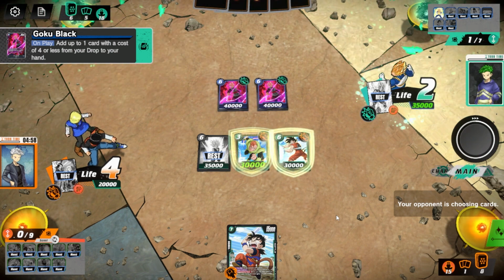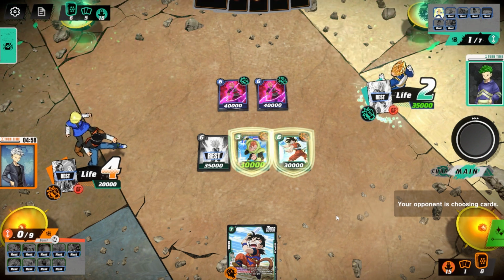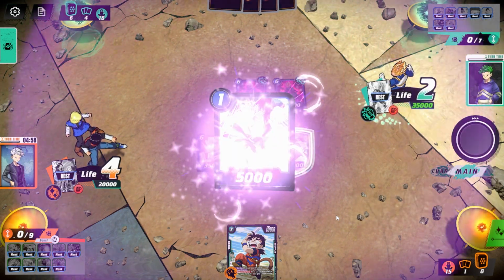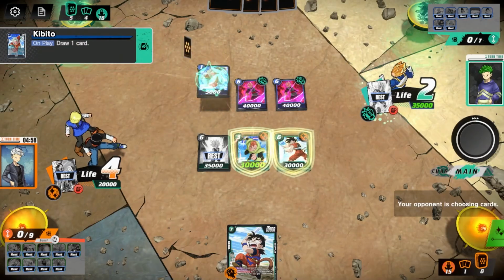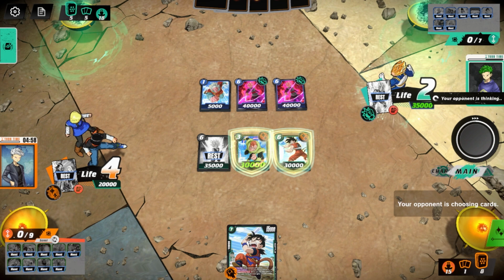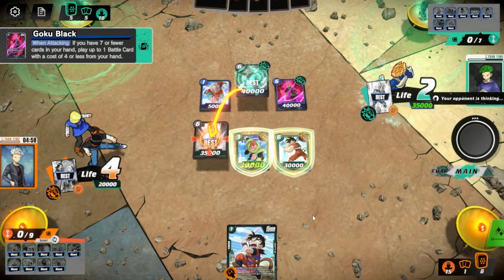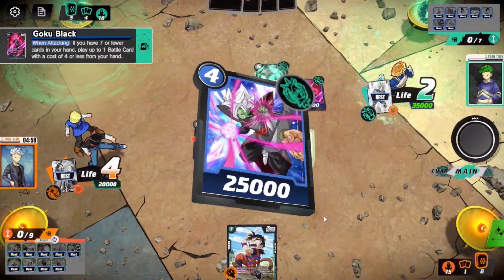Alright, well, that does get you Zamasu Fuse. Well, no, you do get to play it here. So what, are you going to swing both Goku Blacks at, so you can draw another card. We're down to 5 cards left in our deck. The big question of the day is, do you have deck out ability in this game? Alright. I think that